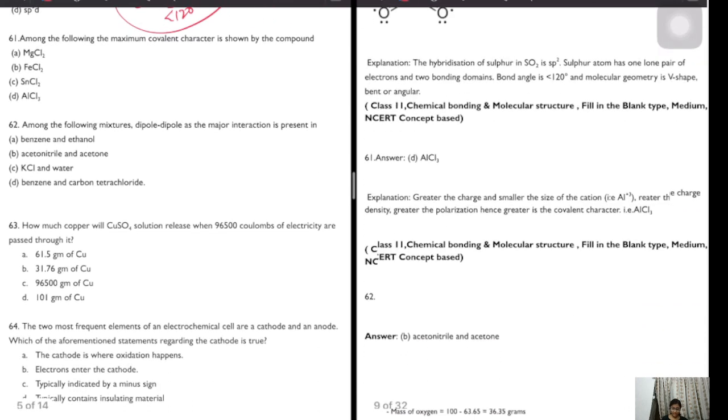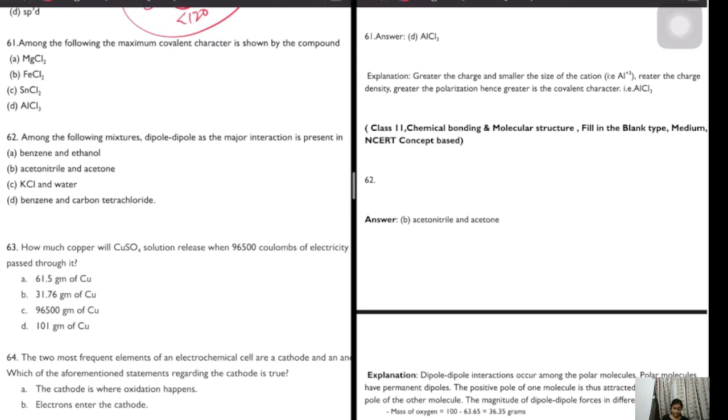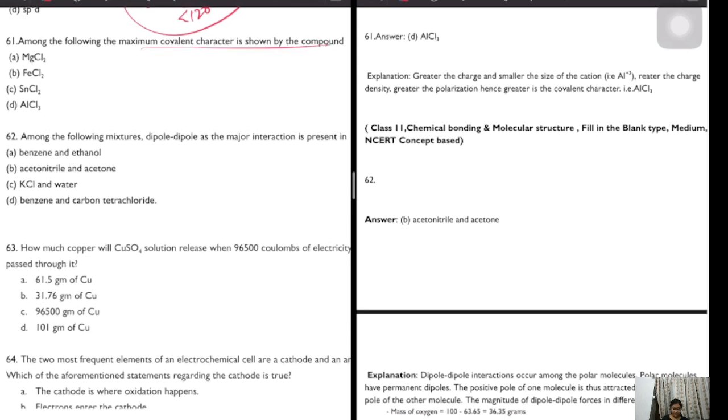The next question says, among the following, the maximum covalent character is shown by. Whenever you see covalent character, always remember that you need to use Fajan's rule. What does it say? Smaller the cation, larger the anion, the more will be the covalent character. So, smaller cation means